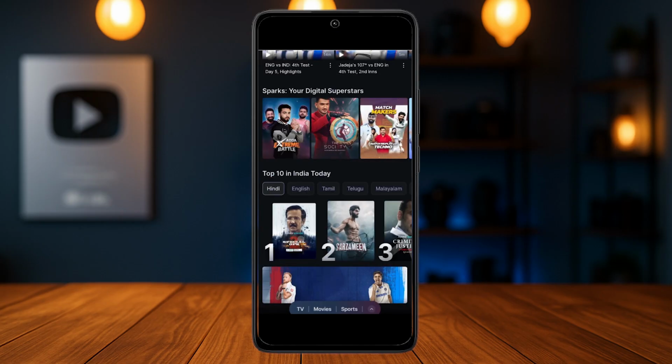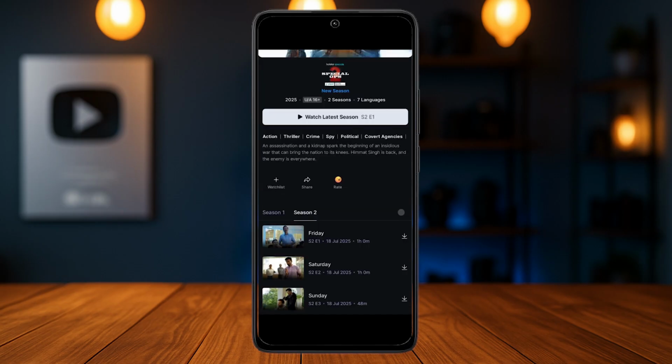Now, once you have subscribed to a plan, in order for you to download shows, just tap on any show that you're trying to download. Once you open it up, you're going to see all of its seasons, whether you're trying to download shows or web series. In order to download it, just tap on the download arrow on the right hand side of a particular show. As soon as you tap on the download option, the show will be downloaded